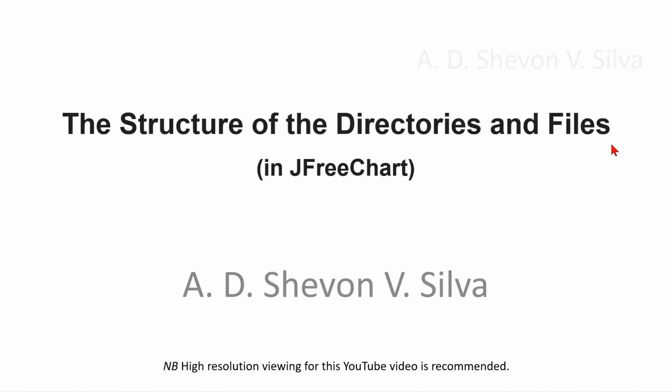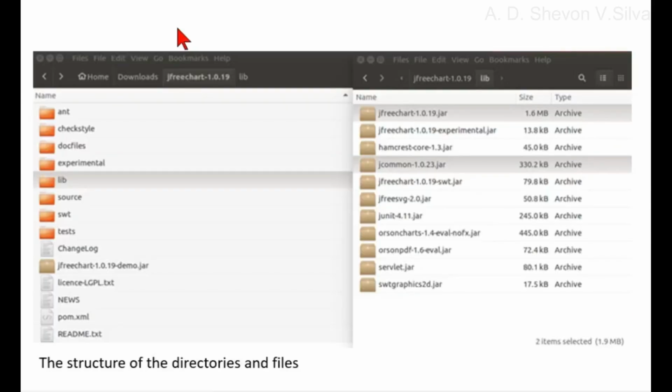The structure of the directories and files in JFreeChart. Here you can see the structure of the directories and files. The top level directory here, for example, in JFreeChart 1.0.19 contains the files and directories listed here,